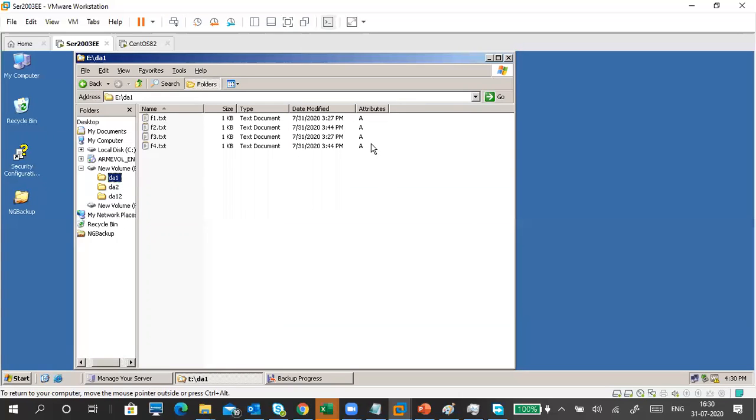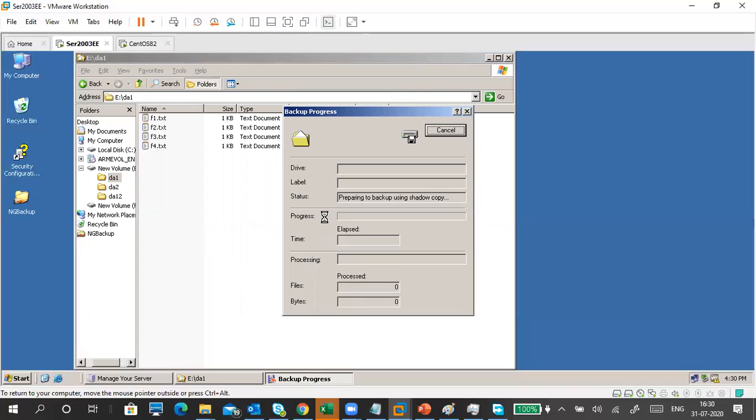If in case you've taken a normal backup, the archive attribute is removed, and you create a new file and create a normal backup again. So you can see what is the difference between a normal and incremental backup. I have never done it, just now. Yeah, in backup, I have to show what is shadow copy also. I have to explain at least how to configure shadow copy. Okay, so if possible. Okay, guys, it is going on again. So one more backup is there, differential backup.